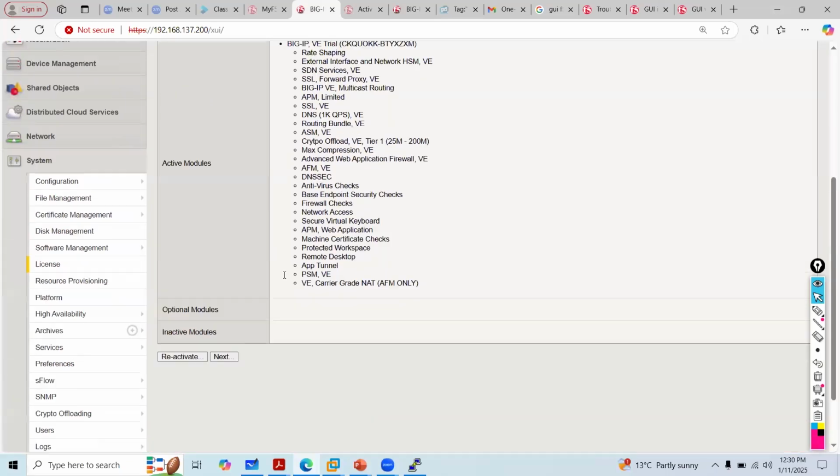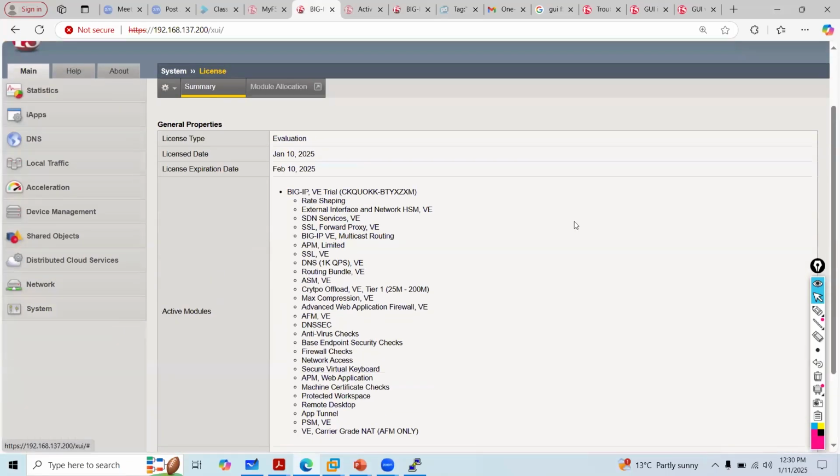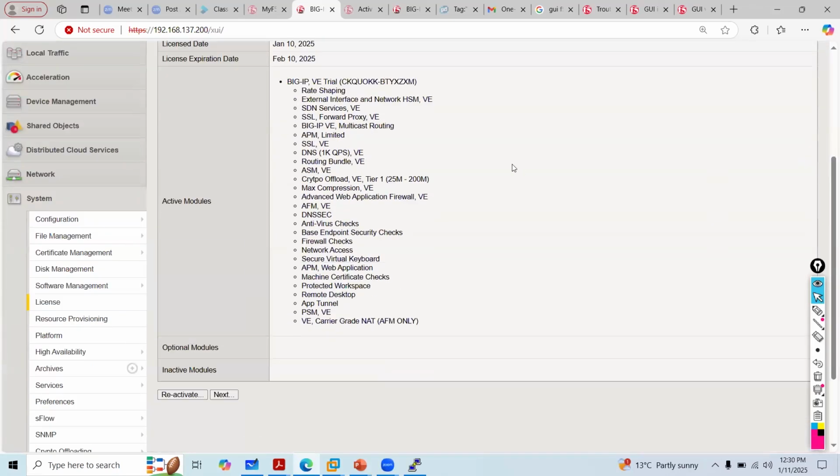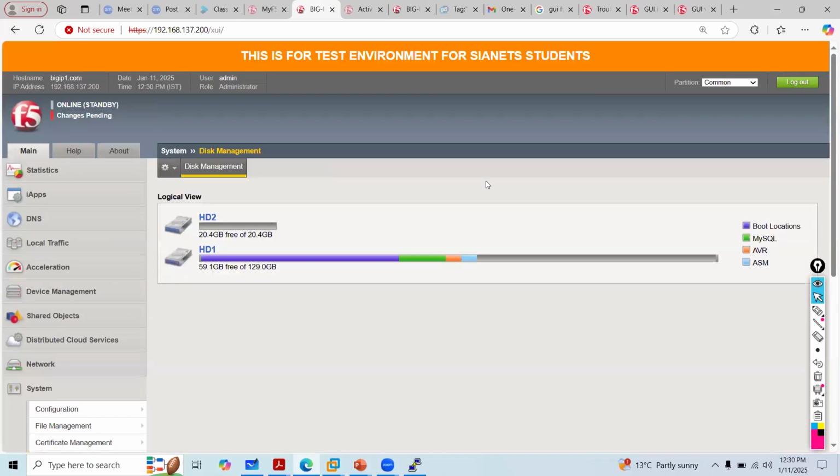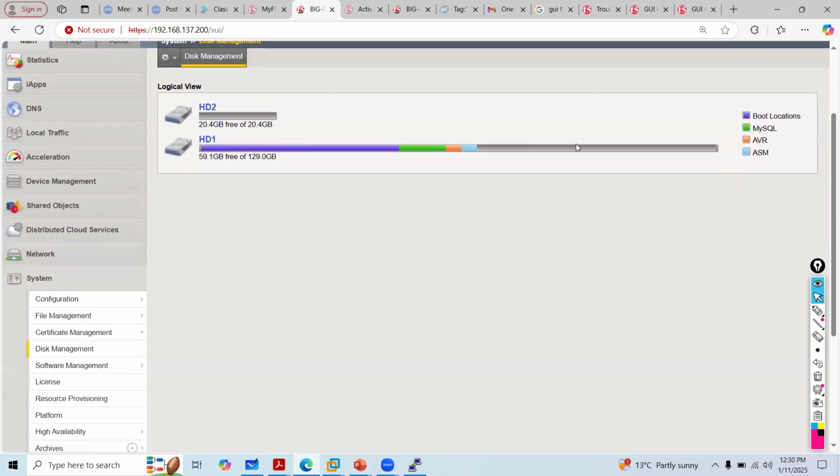So where we need to go? Here we need to go to System, then Disk Management, not the, then we go to Resource Provisioning, System, then